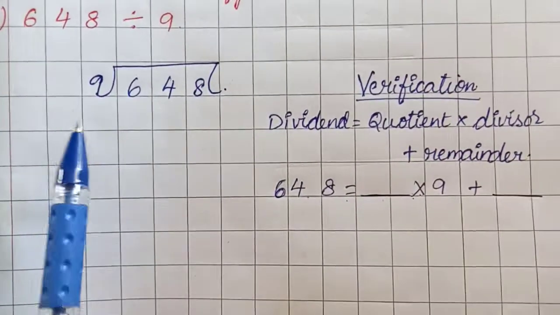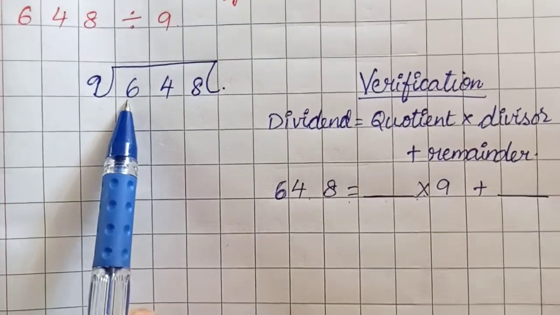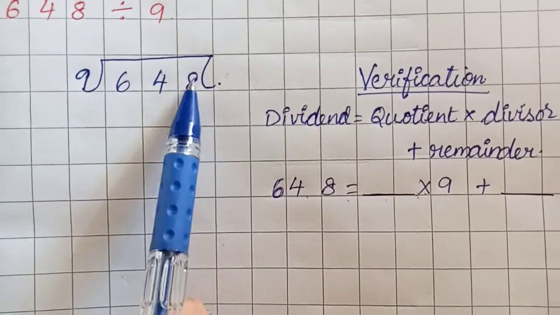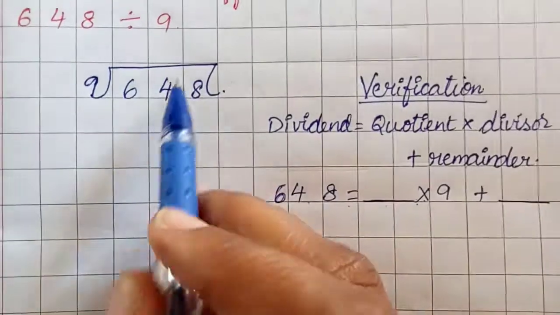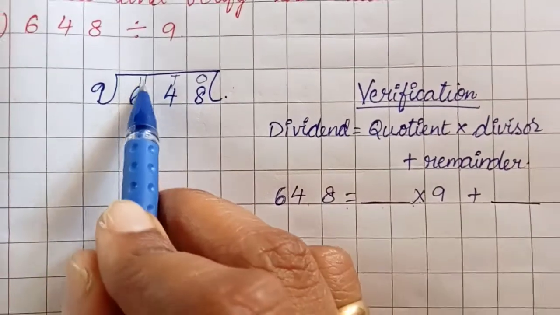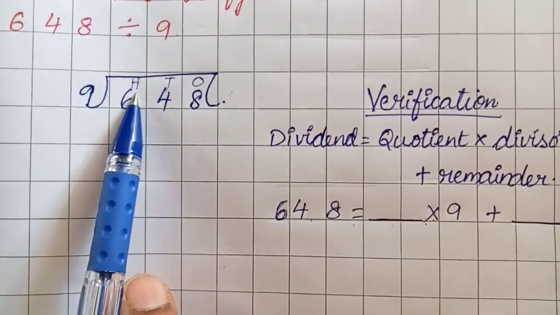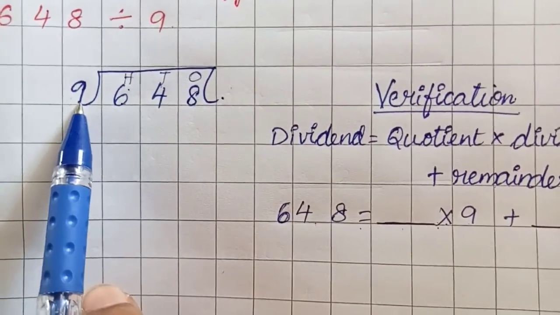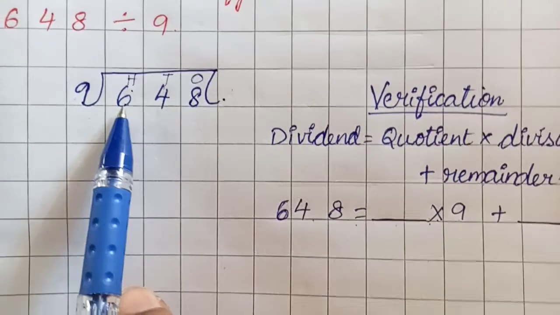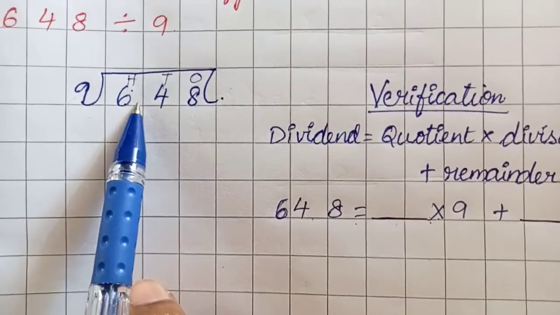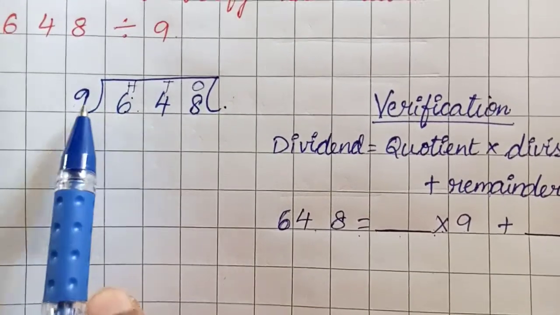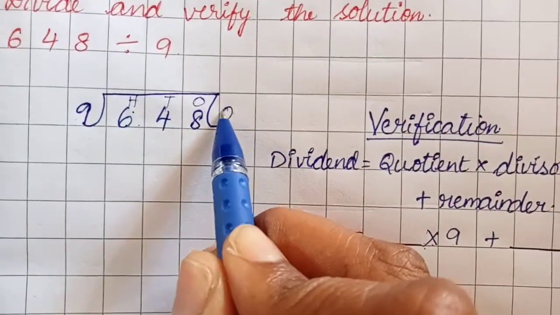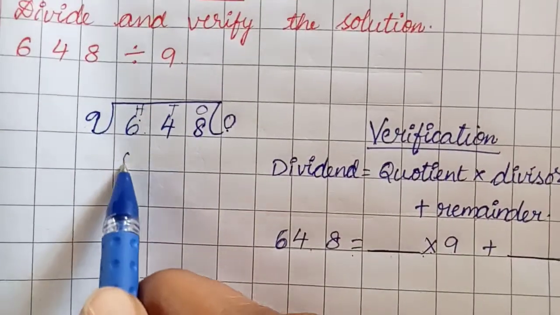So now we will start from 6. I told you, no, we have to start from left side place. So this is ones place, tens place and hundreds place. Ones, tens, hundreds, and we will start from hundreds place. So in hundreds place we have a number less than the divisor. That means you cannot subtract 9 from 6, no? 6 does not come anywhere in the table of 9. So in that case we have to put 0 here and you will put 0 here also.